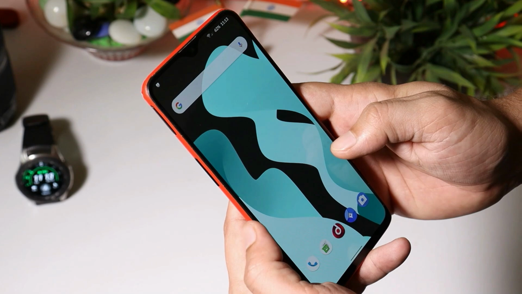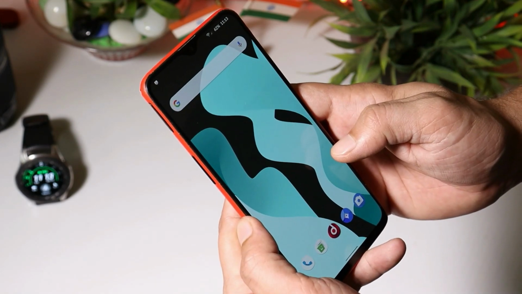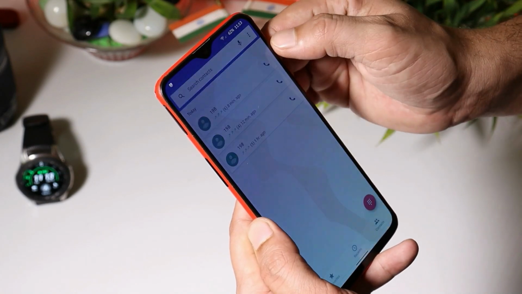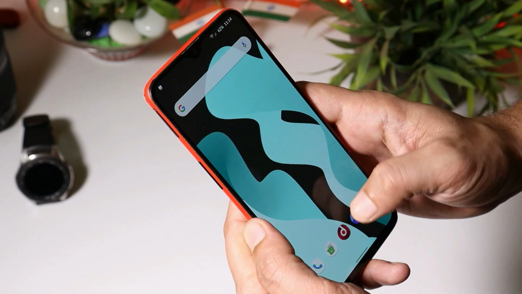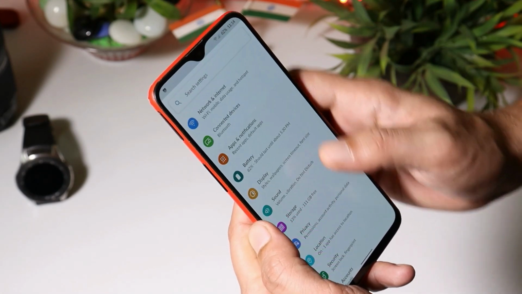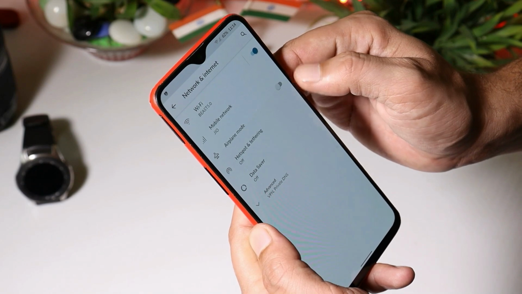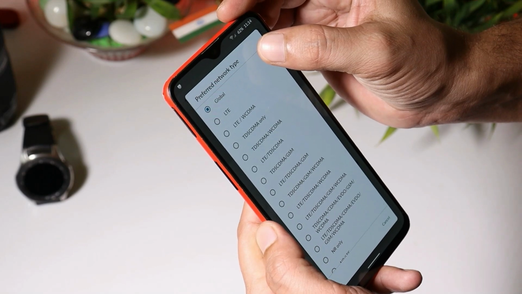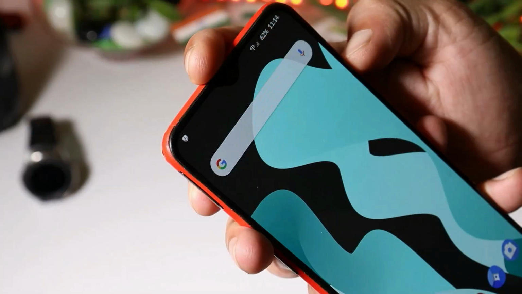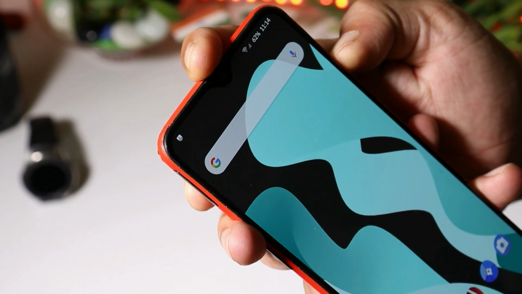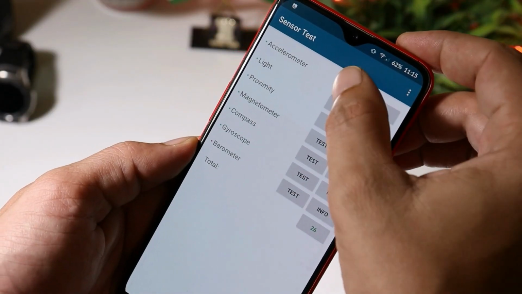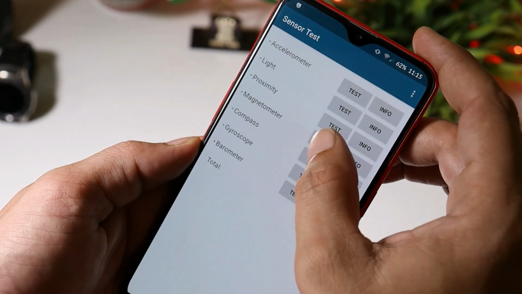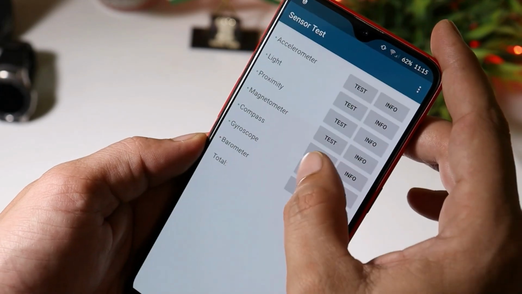One bug you'll notice after you install this ROM is that the Jio SIM card doesn't work right now. I have already inserted my Jio SIM card and I am not able to make calls. I've also tested an Airtel SIM card. On that, calling works, but you need to change a few settings from network and internet. From here you need to make changes in the preferred network type and select global. This way you'll be able to make calls. Other services like alert slider and fast charging work great. Also I haven't noticed any kind of issues with the sensors like accelerometer, light, proximity, magnetometer, compass and gyroscope.